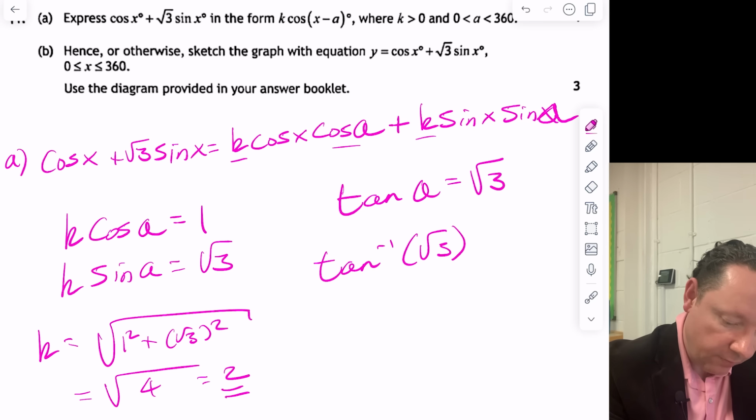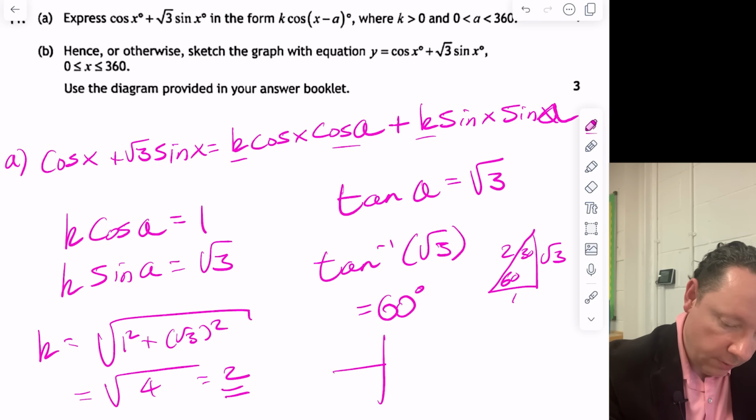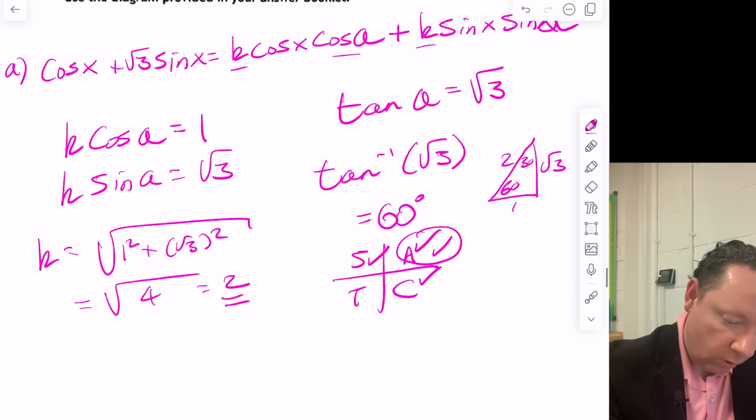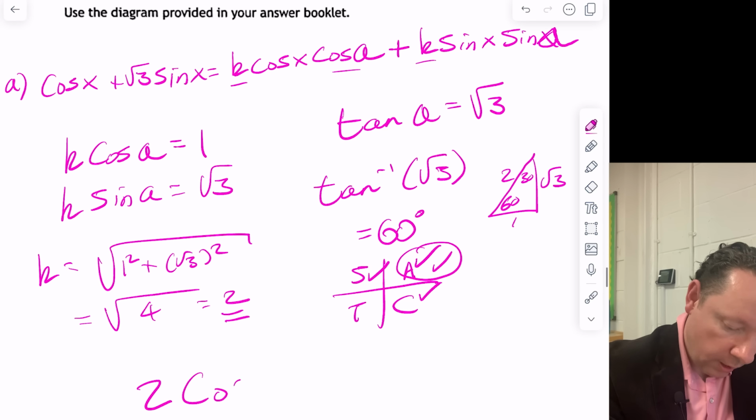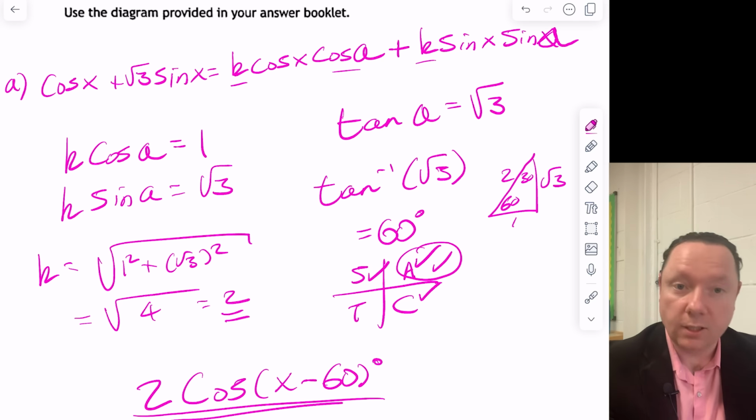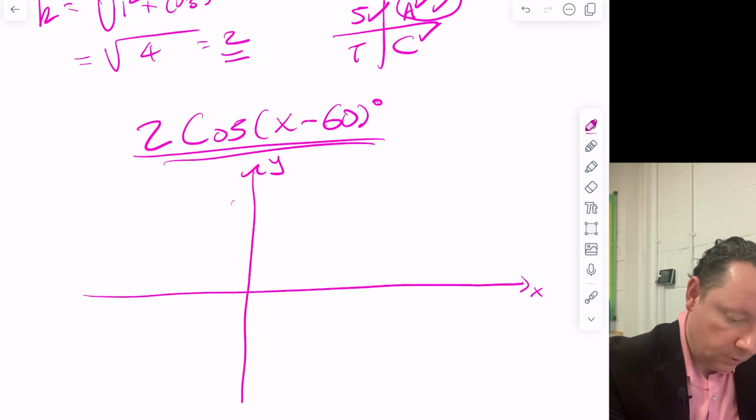Well, that's an exact value. 60, 30, 2, 1, root 3. That's 60 degrees. And now we need to check, is it that one? So cast diagram. Sine was positive and cos was positive, so it is 60. So our final answer is 2 cos (x minus 60) degrees. And we're done there. So usually a cos graph, just to give you the idea, goes up to 1